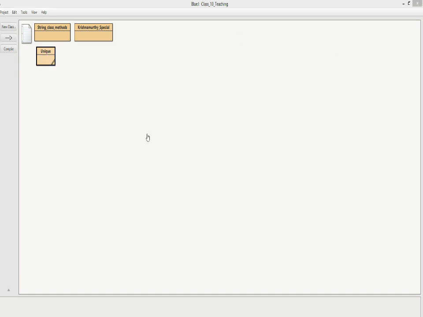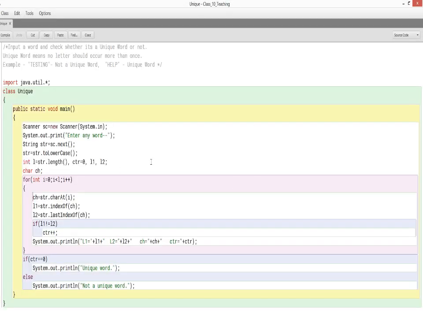So this is the program by which we can understand a few of the functions we have discussed before in string handling: toLowerCase, charAt, indexOf, lastIndexOf, length, all these functions we have used. Now in my next videos, I will be taking some more application programs based on the string handling functions. Why? Because ICSE mostly focuses on application programs of string handling when it comes to this chapter, string.